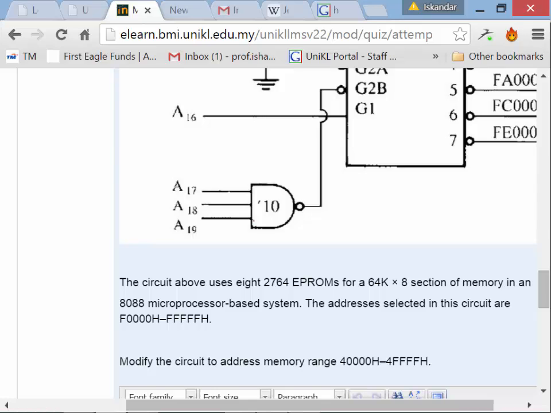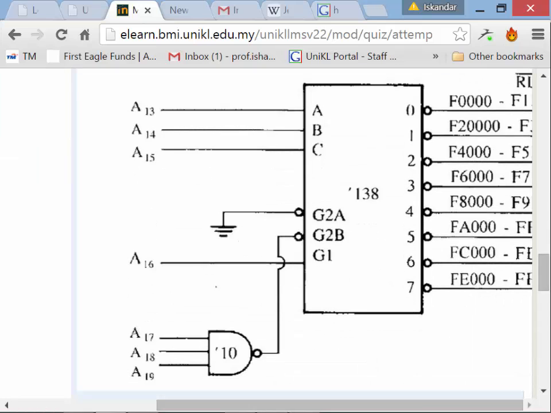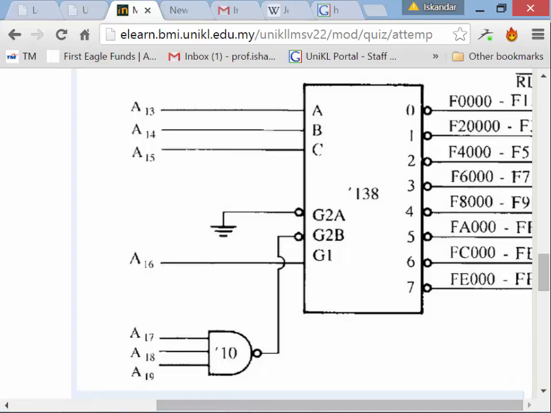The solution is simple once you understand the circuit. Right there. Now, the other thing is that in the homework, I gave you a very similar circuit, only I left these off, right? And I ask you, so you may find a problem where I ask you a particular memory range of one of the 8